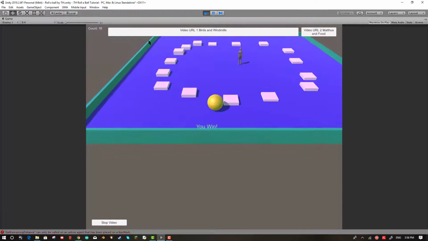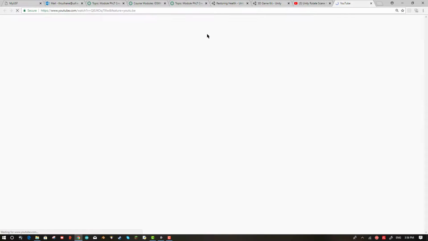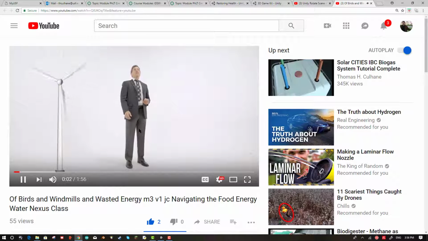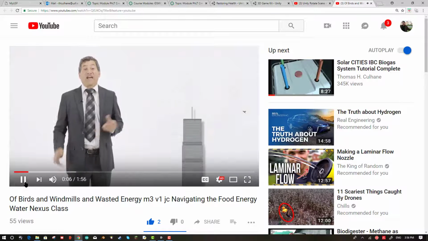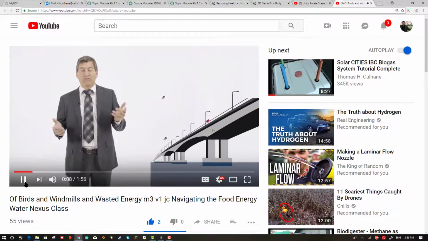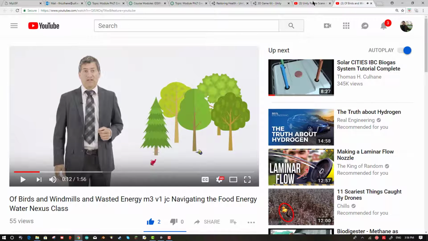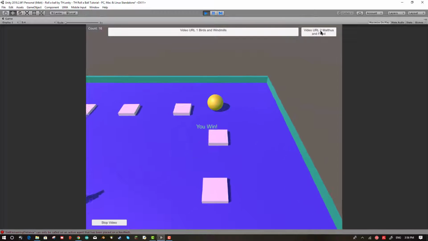Then the other thing you can do with this game is you can launch a URL. We're told that windmills kill birds. But then so do plate glass windows, skyscrapers and other buildings, bridges and trees. Yes, trees kill birds. Okay, so that you can get back to the game,